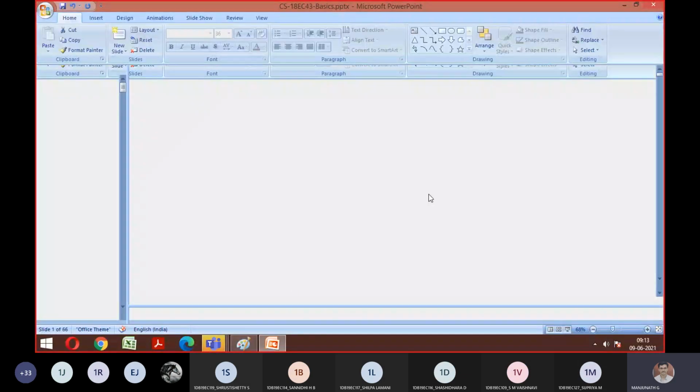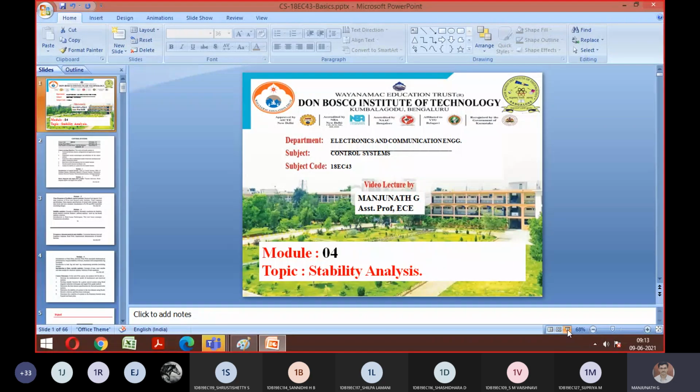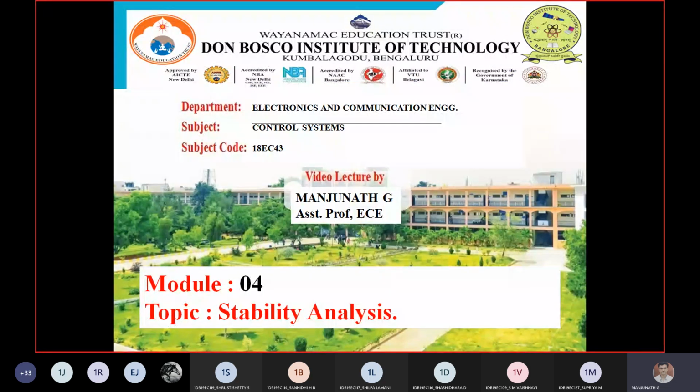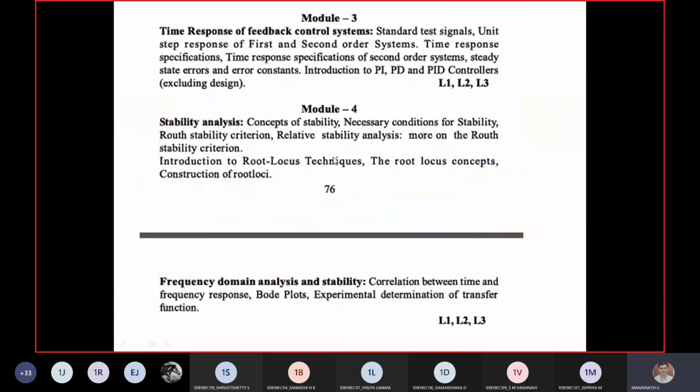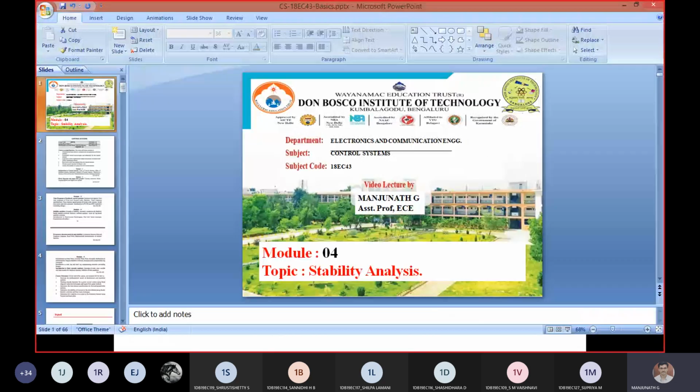So I'll just show back. This is what we are starting today: stability analysis, model number 4. You can look at the things I discussed. So stability analysis, the first part involves 20 marks. The next part, along with your Bode plot, is also a part of this model number 4 that carries 20 more marks, which we'll discuss later. My concentration is on the stability and RH, Routh criterion, and root locus, which is your major concern. The remaining part we will discuss when we finish this part.